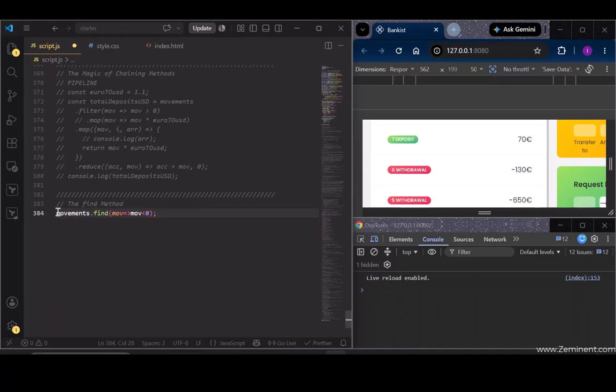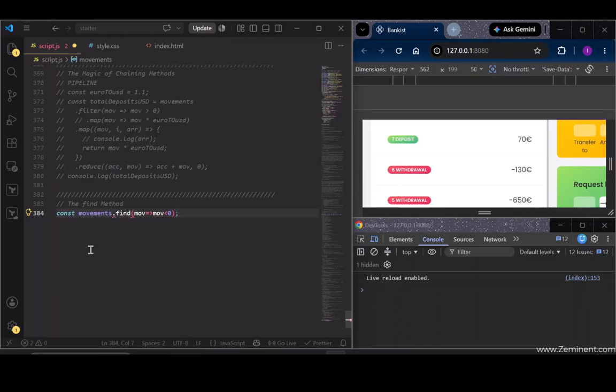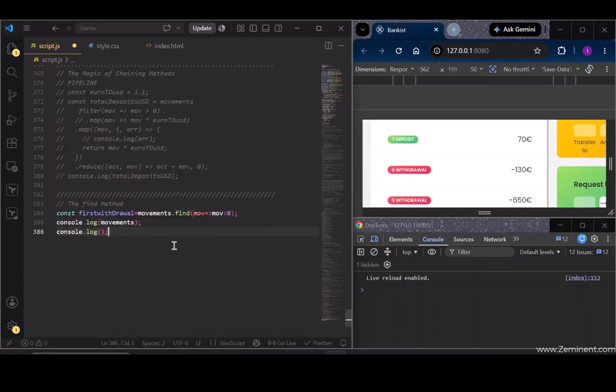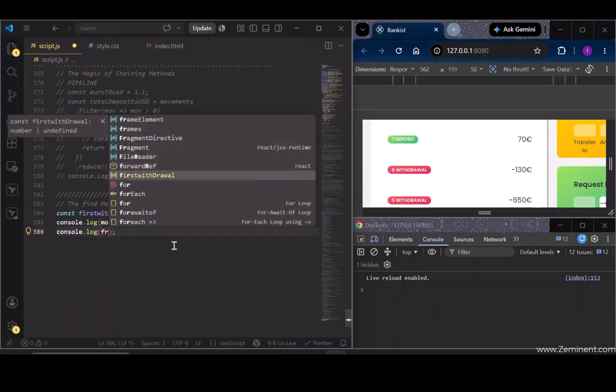So let me store this in the constant firstWithdrawal. And then let me console.log movements